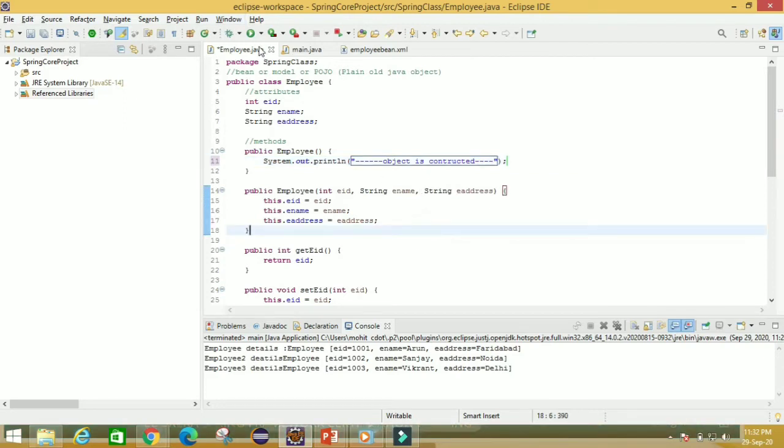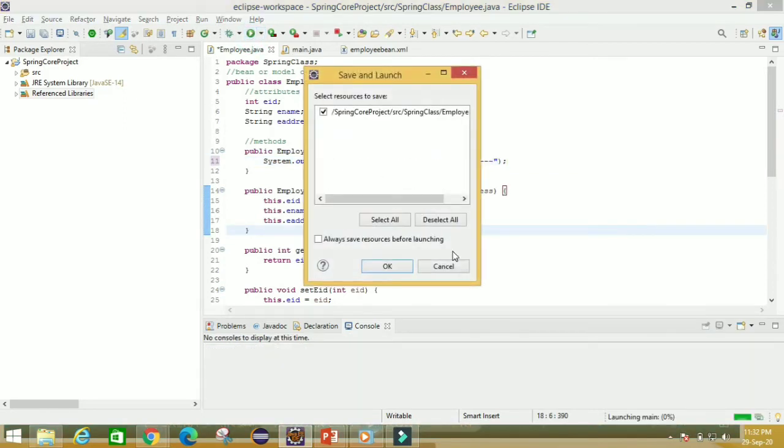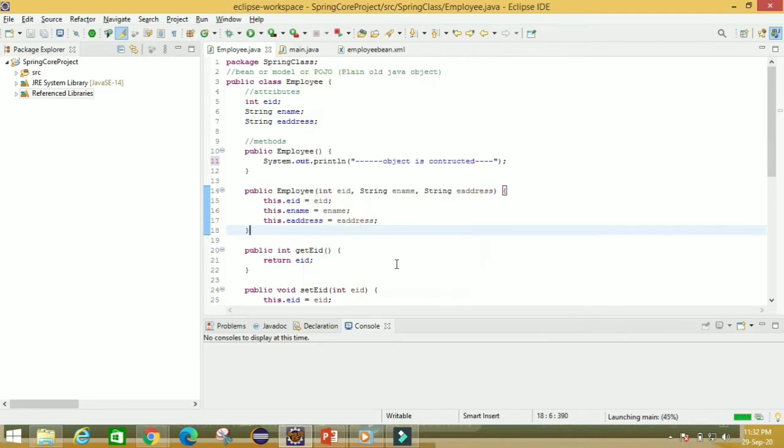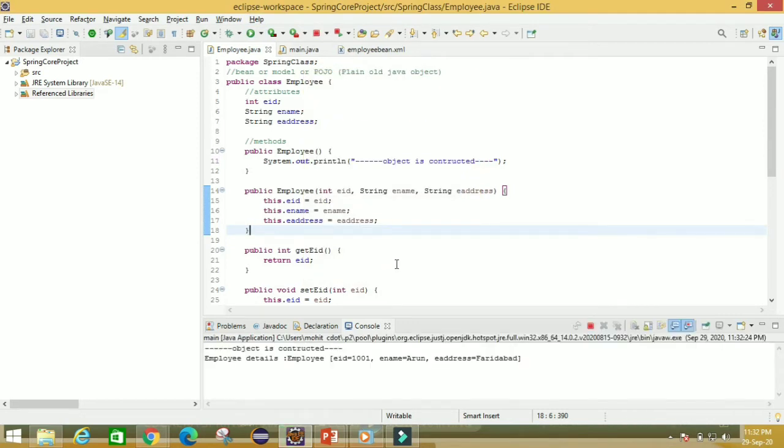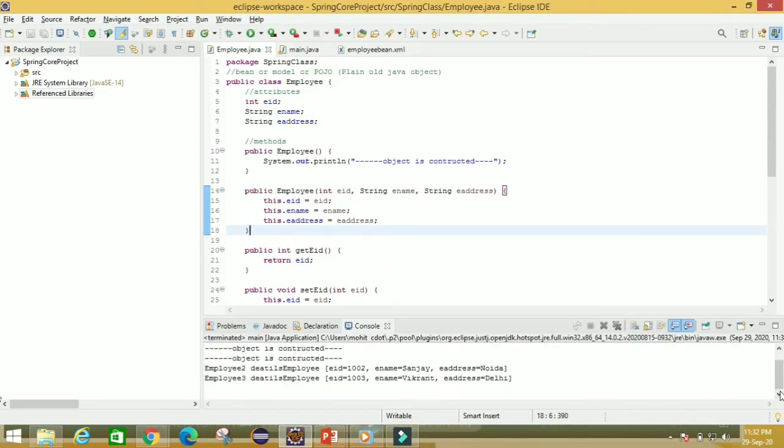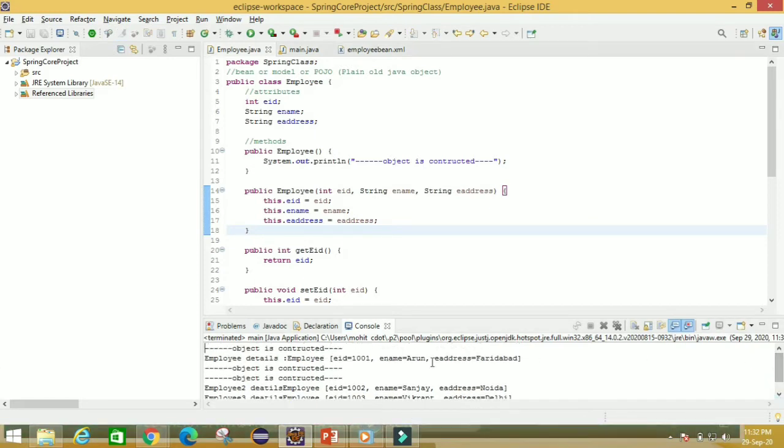So I'm going to click on run. Now here we are getting this. First, the object is constructed by us and we are getting the details. Thereafter two objects are constructed by the Spring Core container, that is the Bean Factory, and we are getting the details